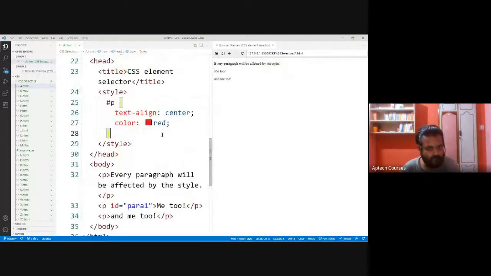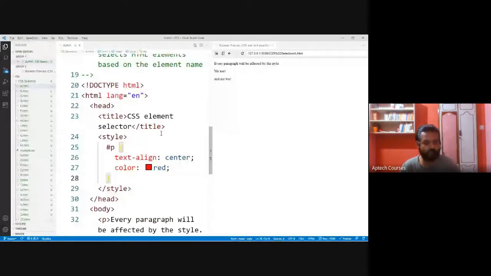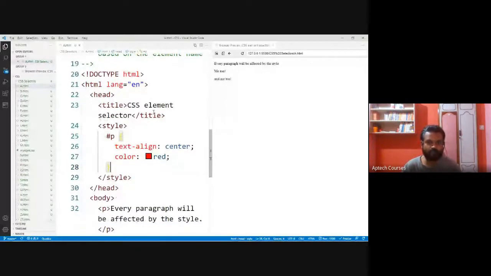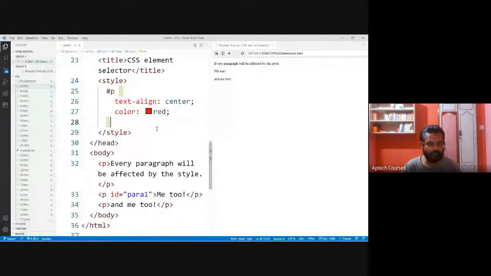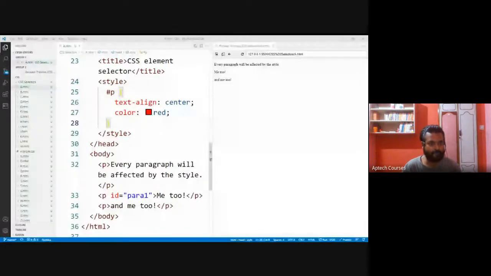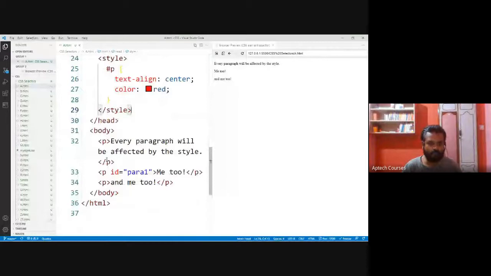So styling is gone now. Observe why we have lost the style. Text align center, hash p. We need to give the ID for paragraphs.